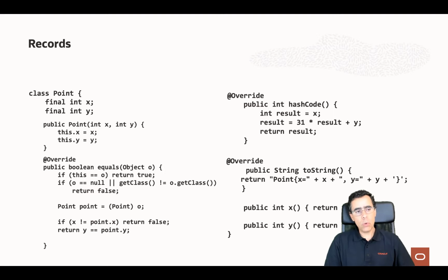Now, all of this code could be auto-generated by your IDE. So writing it is probably not so bad, but that doesn't help you when you try to maintain it, because you have to read it to make sure that nothing in there is anything but ceremony. Now, what if we could let Java handle this for us? Instead of saying class, we say record. When we do,